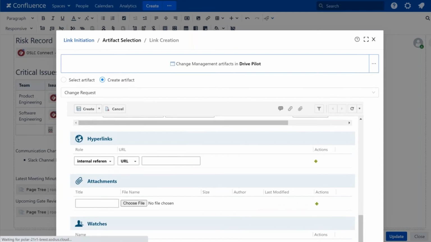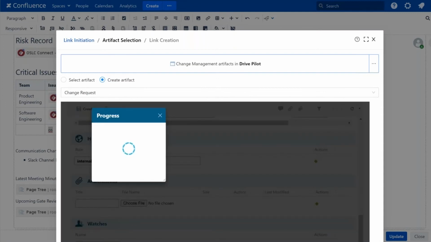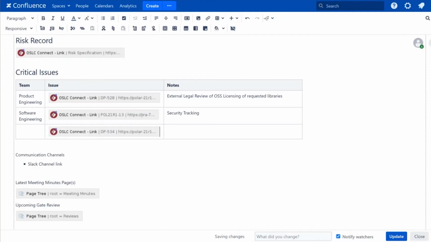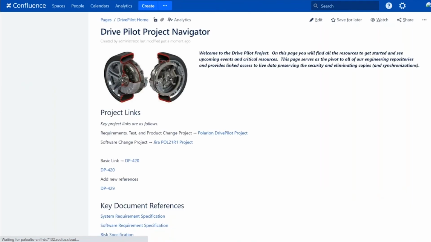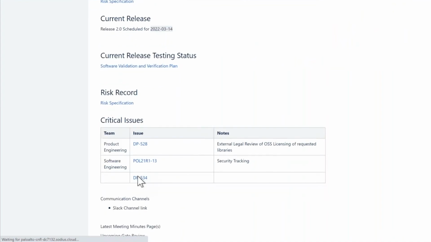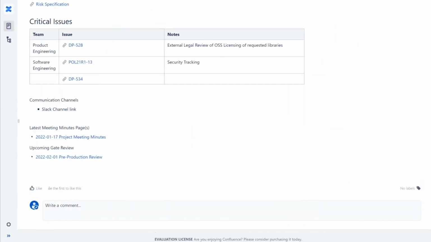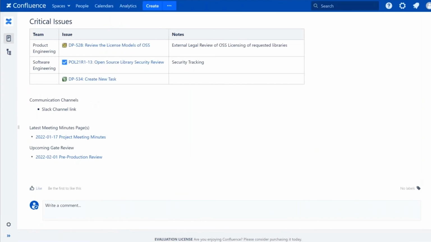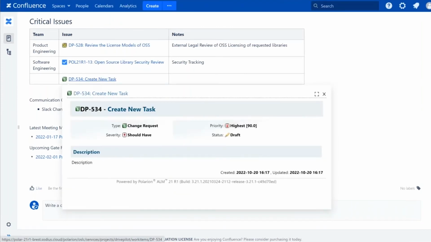And when I create this element, not only am I creating it in Polarion, I'm also creating a reference to it in things like my meeting minutes. So now, not only have I created that action item within my meeting, within my meeting minutes you're going to have a dynamically updated artifact within my Confluence page, which means that as people make changes to this artifact, to the title, the details of that, they're going to have immediate access to it.